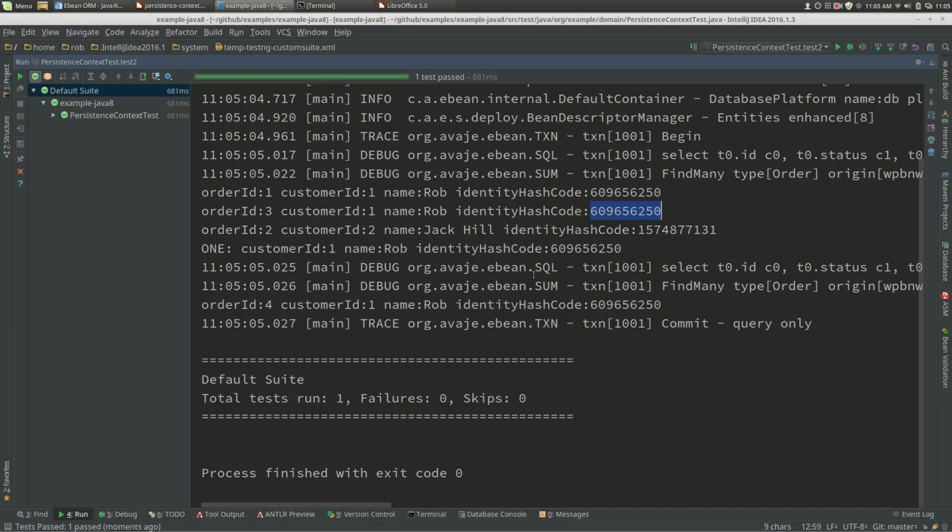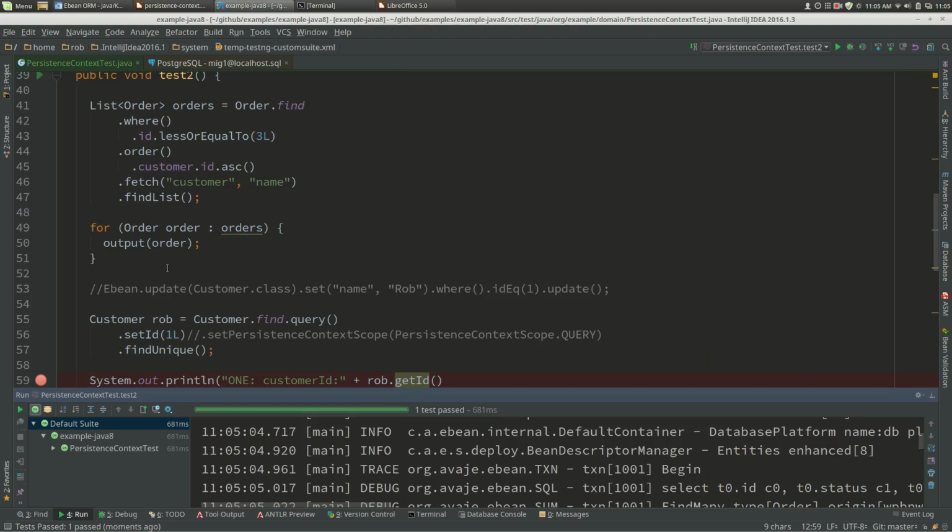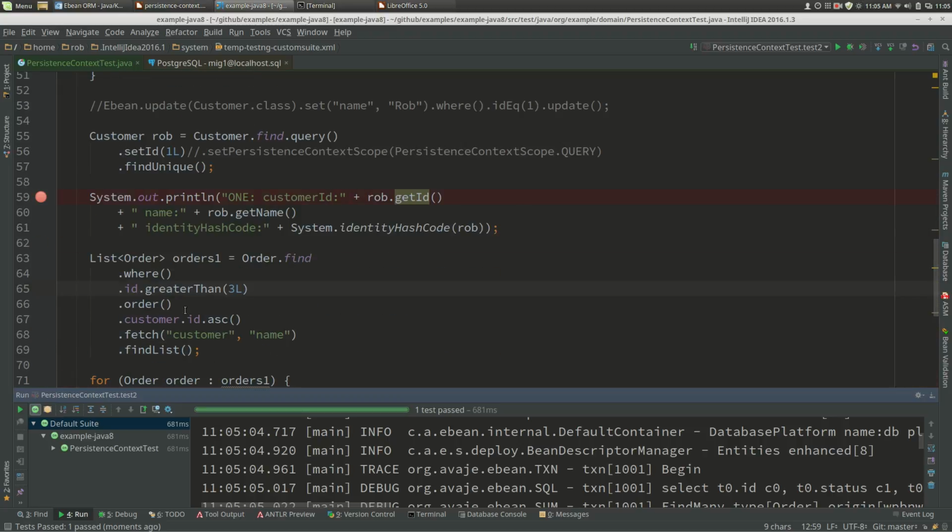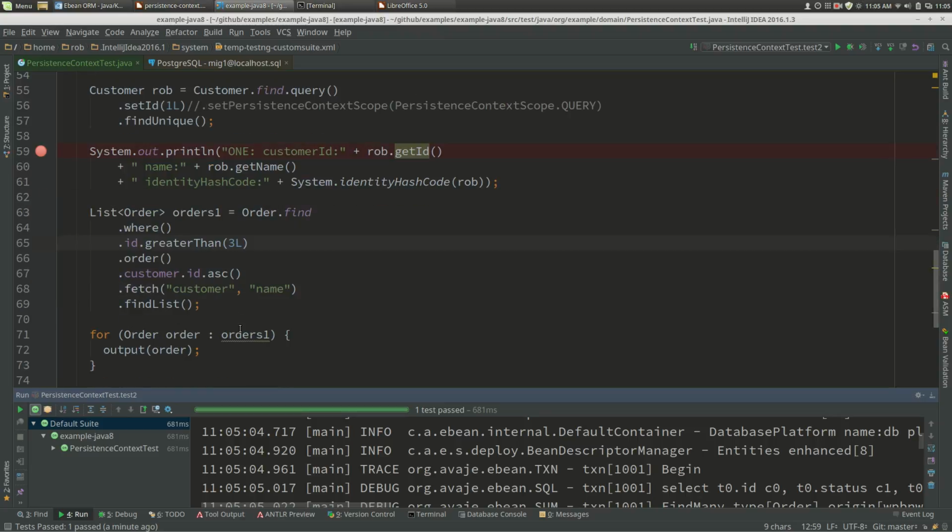So I guess I'm trying to point out there's two kinds of cases here. One is where find by ID, that's sort of in your face, and this one is more subtle. We're building an object graph in the scope of a persistence context, and we're joining to customer 1, and customer 1's already in the persistence context. Okay,